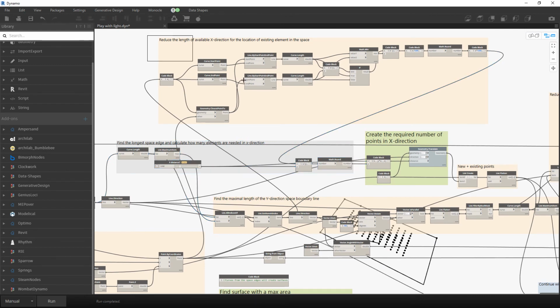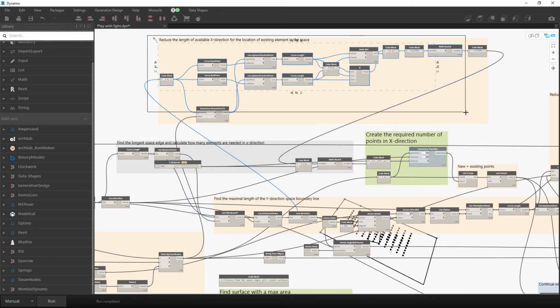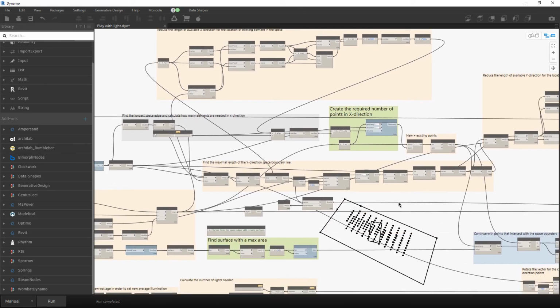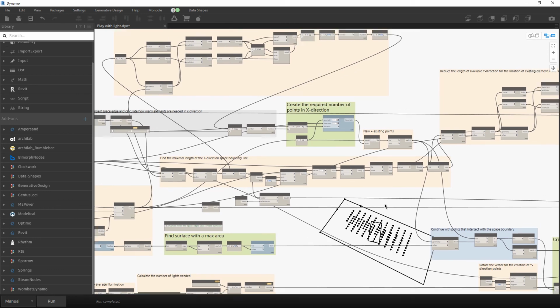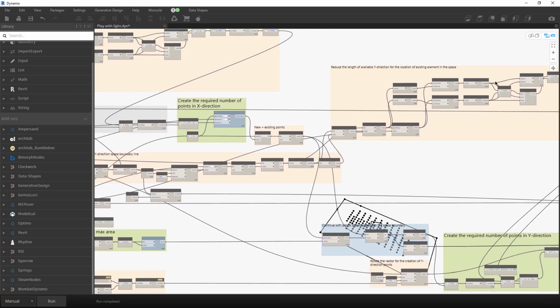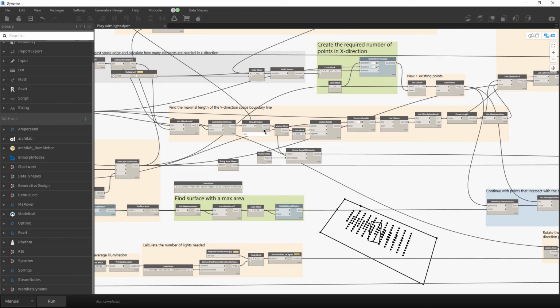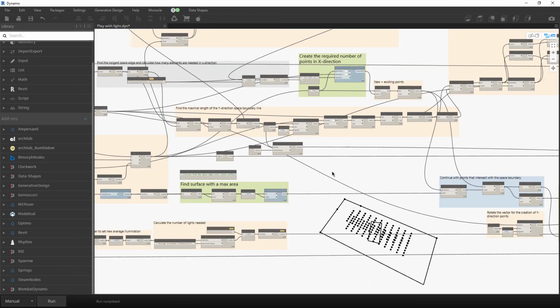We need also to reduce what is available. So when we calculate the total length, we must reduce this part over here and this part over here, because we don't want to have lighting fixtures that will be beyond our room. And basically we will do the same thing for the y. Again, for x and y we will repeat everything,